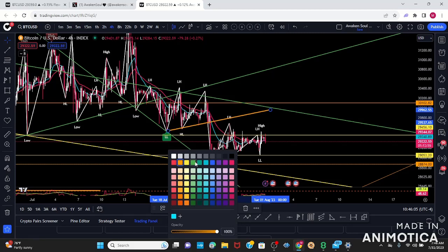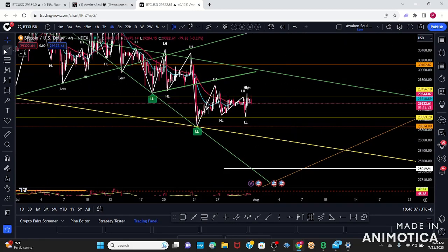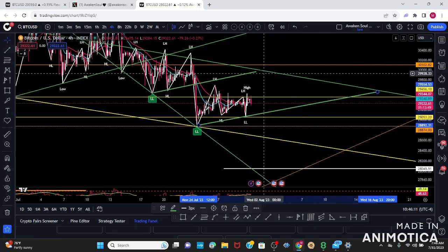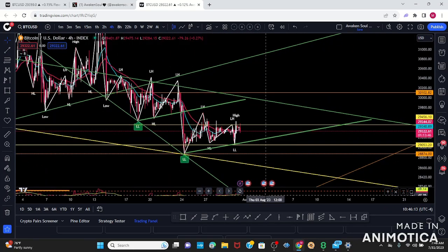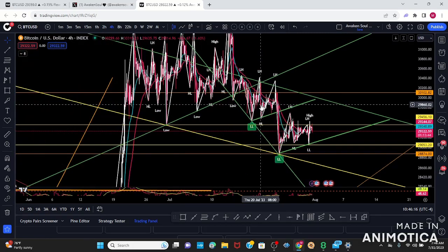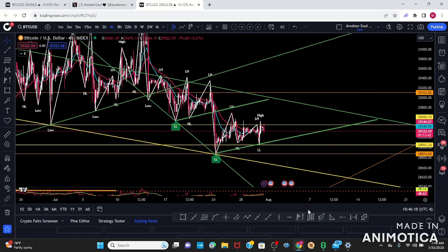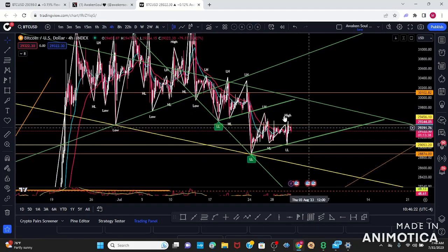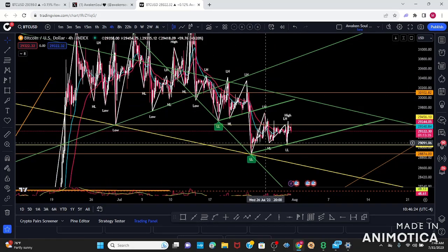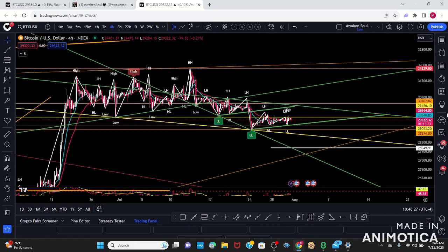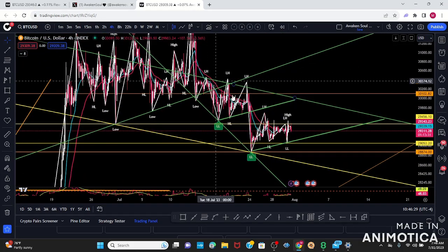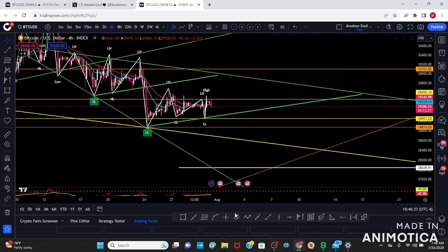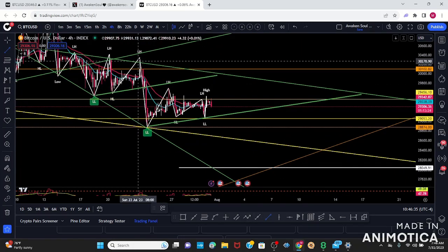Let me change colors because we're in our 4 hours. Okay. So what do I see? I see a bear flag. That's what I see, right? What is your contraction phase telling you? I see a bear flag, breakdown, bear flag, breakdown, bear flag. So if we get a measured move from a bear flag from this pull,